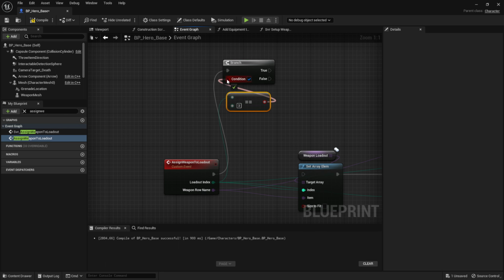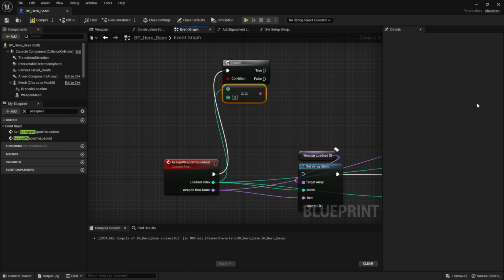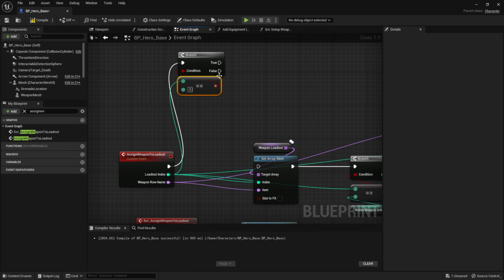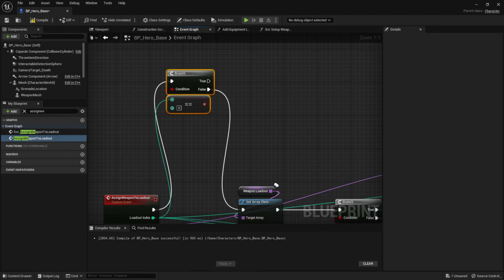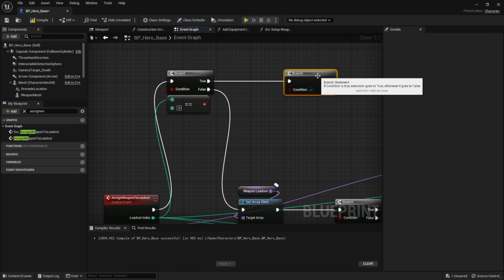And hook it up to our branch. So if this is false, we want to continue like we did before. So then we're changing a weapon inside of our loadout. And if this is true, then we are changing the equipment in our loadout. So then we're going to grab another branch, plug it in over here, and we're going to grab our weapon